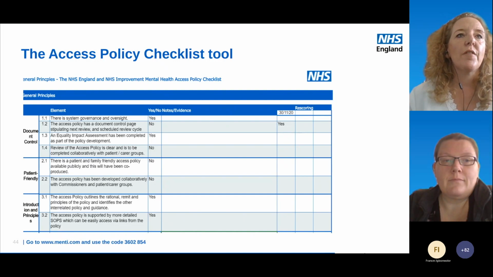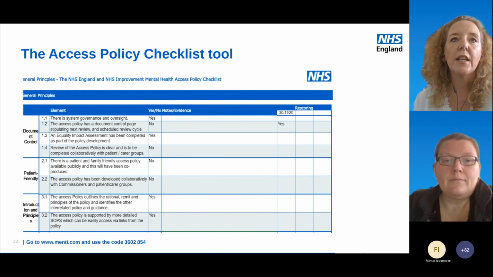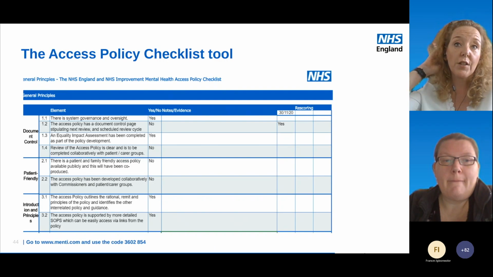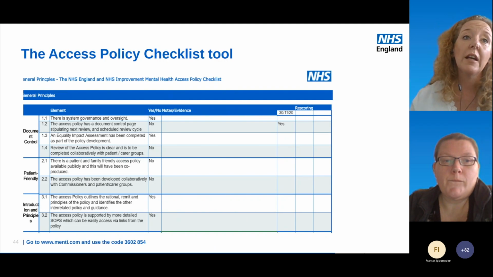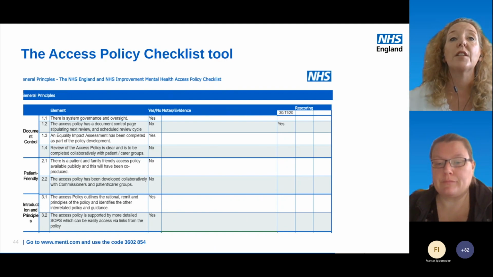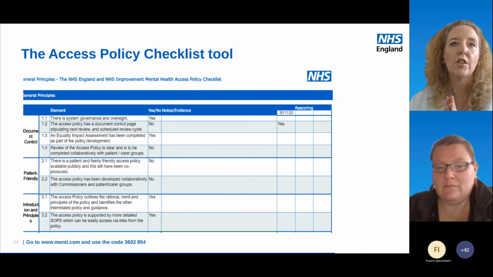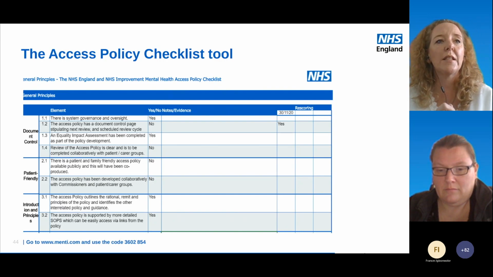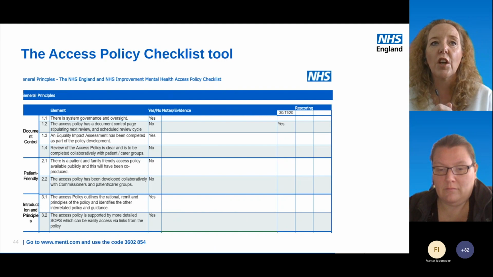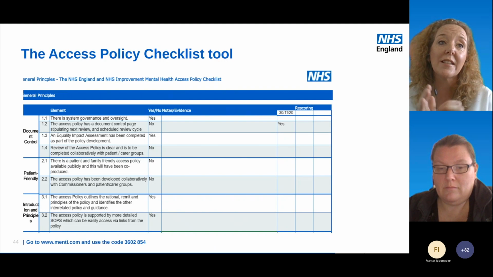So you can see here we've developed an access policy checklist tool, and this enables providers to take a step-by-step approach to ensuring key critical components are included when developing your own access policy. We very much see this as being used during the development rather than retrospectively. The tool has been created to support organisations to provide a structured approach that will hopefully support equitable access for all elective services across the mental health spectrum. It's definitely designed to provide information to aid improvement activity.